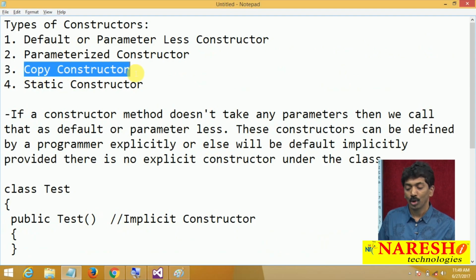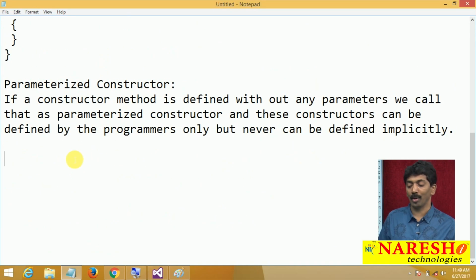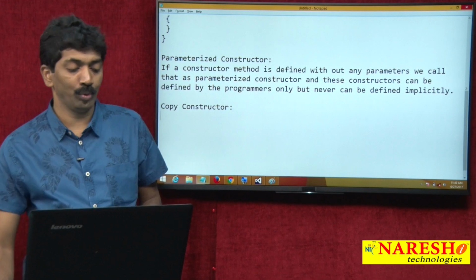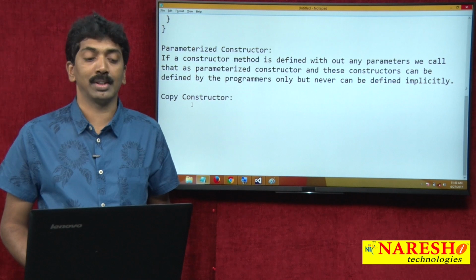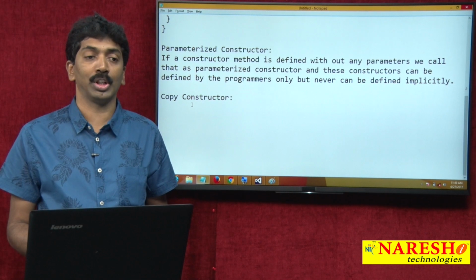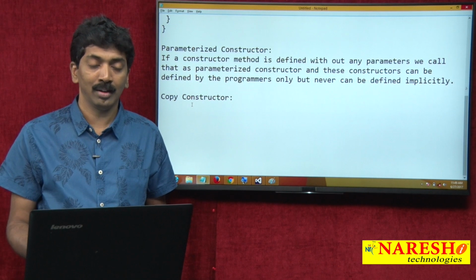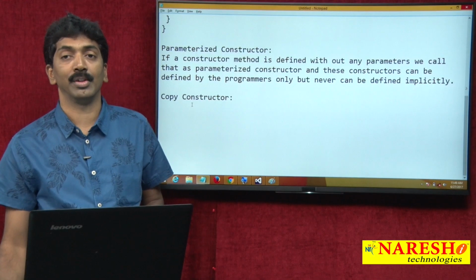Third one, copy constructor. What is a copy constructor? In the previous example, we created two instances, and both instances initialize the variable x with two different values.